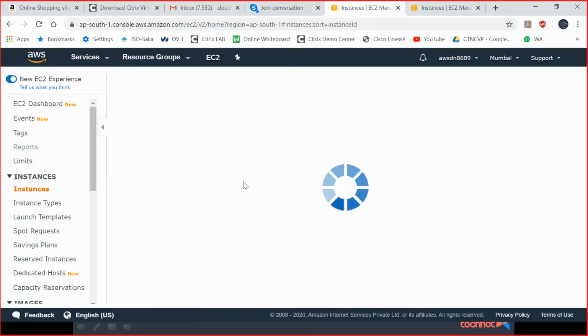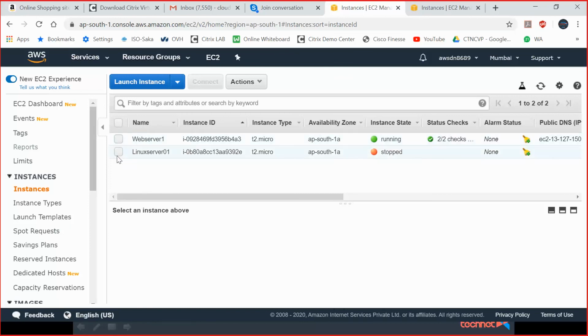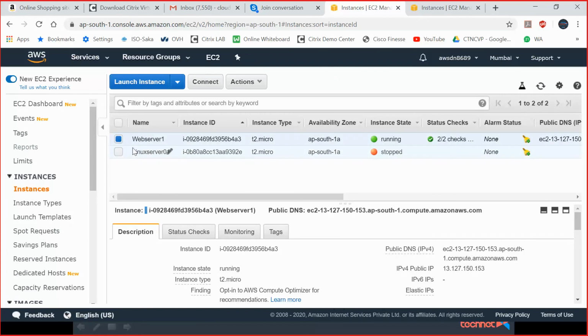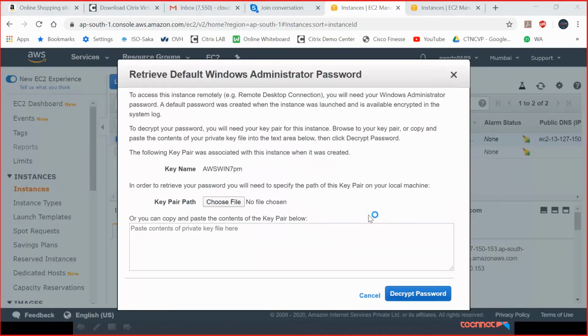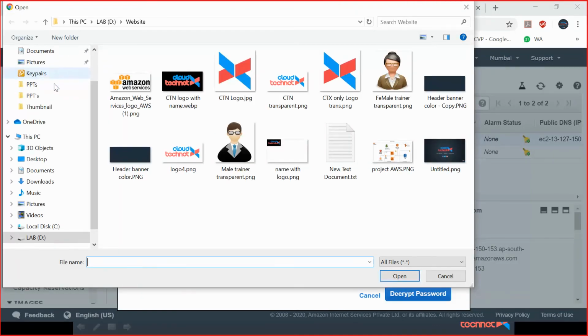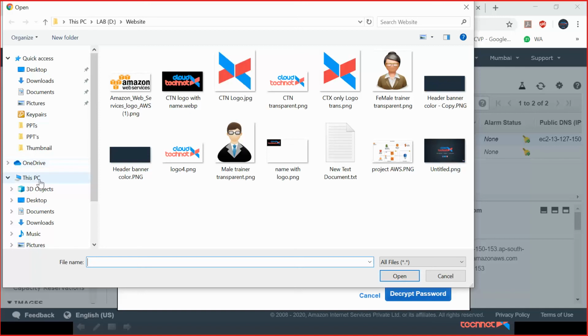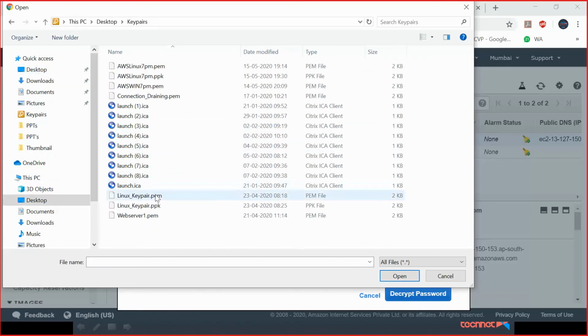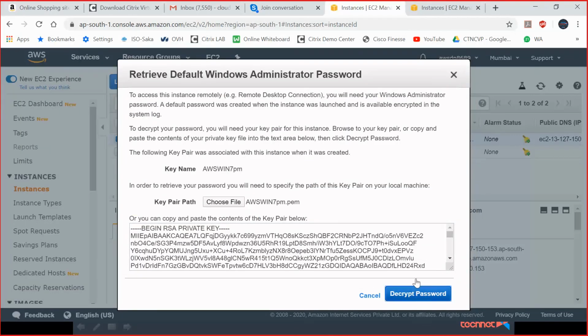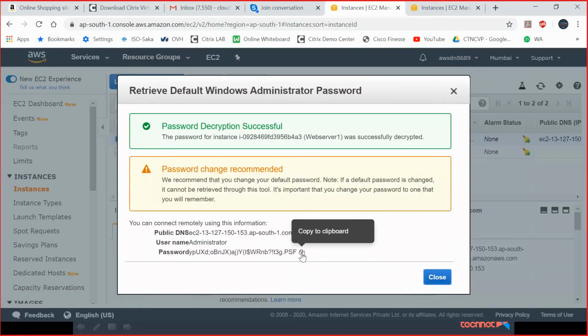Go to instances, select your web server 1, right click, get Windows password, choose file. Now go to desktop, key pair, this file, decrypt. This is the password.